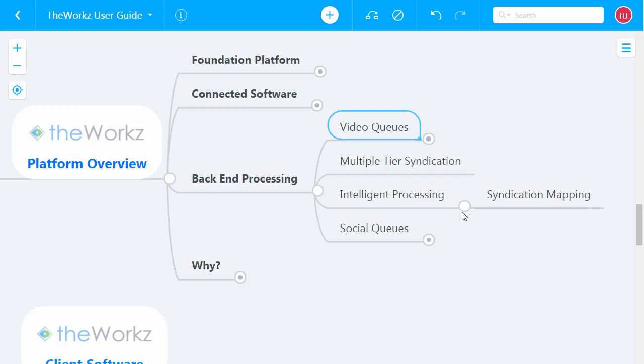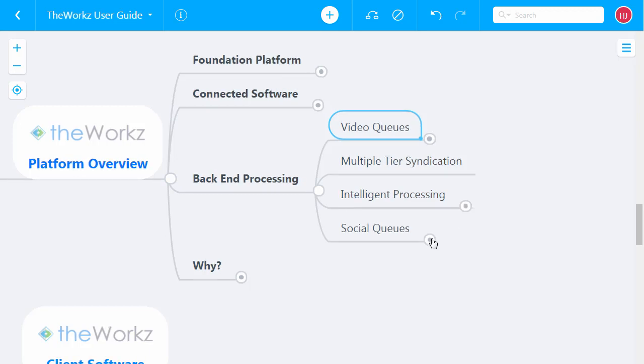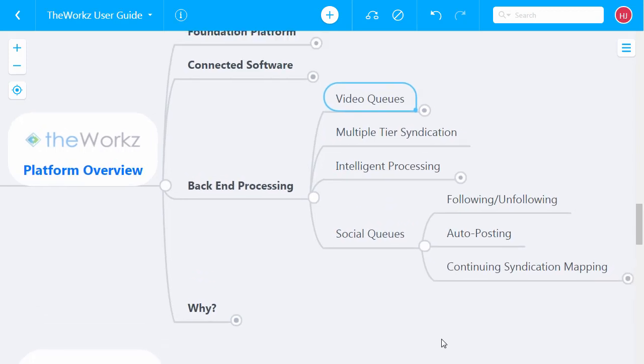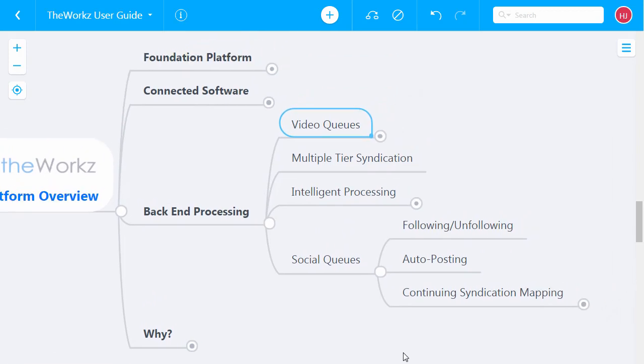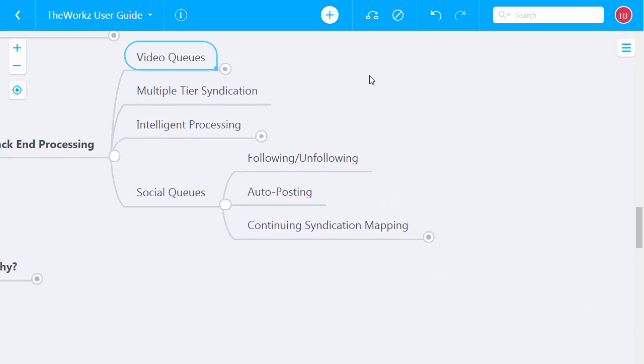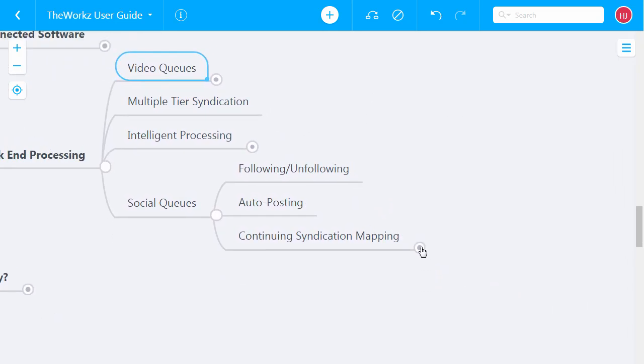And this also includes social cues that are done in the back end as well, such as TheWorkz following and unfollowing, and that will also be part of Pinterest, Instagram, and so on, auto posting of content, your social cues, and what we call continuing syndication mapping, which means you've got multi-tier syndication going on.